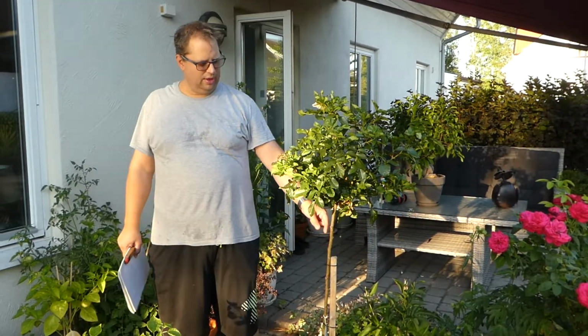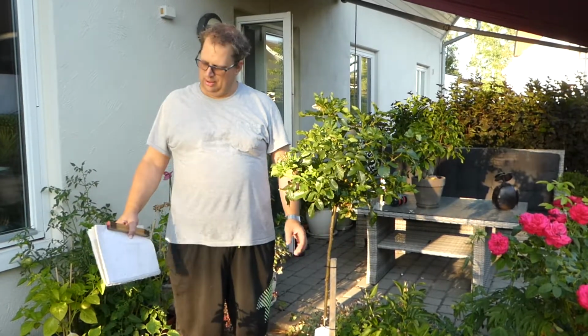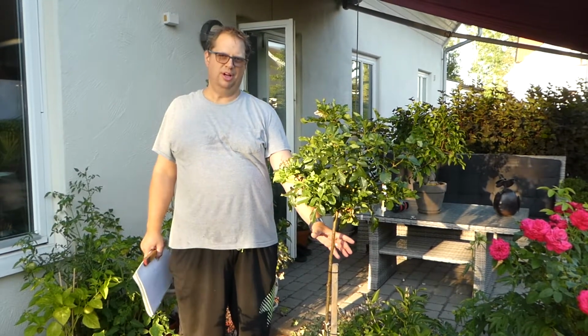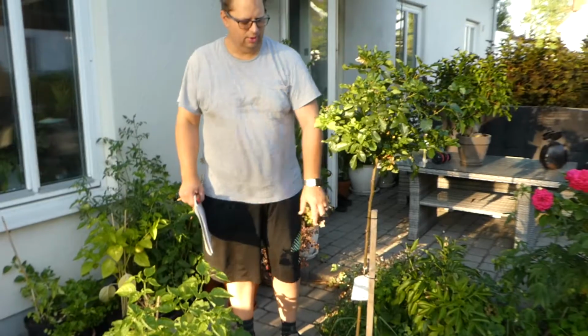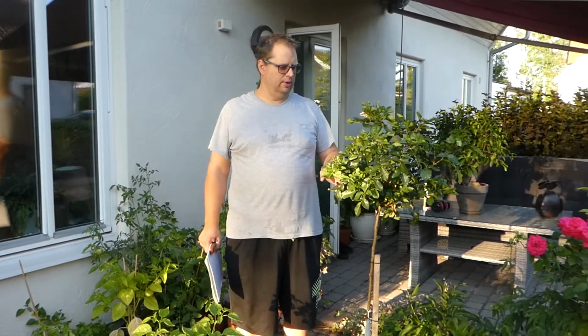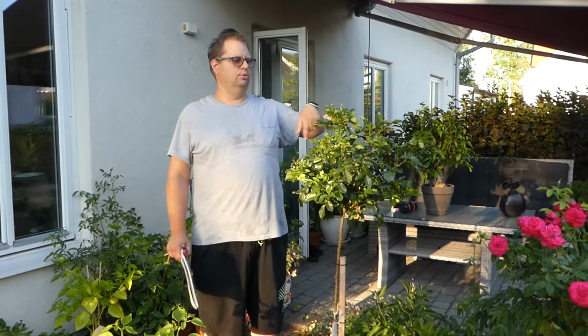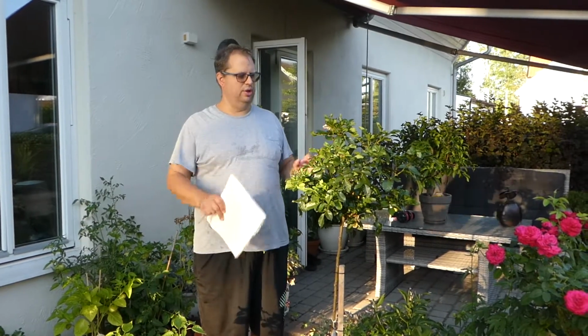So my idea is to have 4 steel rods going down, 3 rings, let's see, around 200 millimeters in diameter, up here, middle, and almost down at the soil. And on top to support, because the flowers become rather heavy and it almost breaks the little tree. So out of these 4 steel rods going up, I'm going to bend out 4 like this and have 2 wider circles that have a diameter of 400 millimeters. So the branches could be supported and go in between and so on, and keep a little bit of the